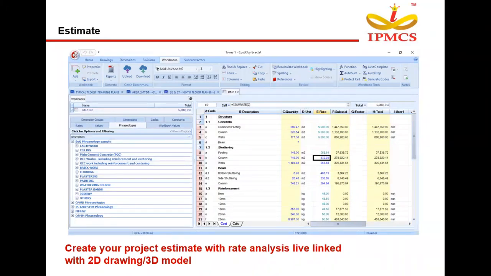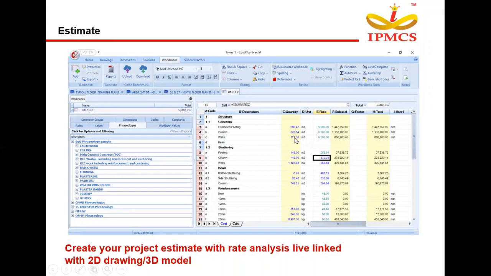And our project estimate in Costex is live linked with the drawing and rate files. Say a quantity inside the estimate is live linked with the 2D drawing, let it be a PDF or AutoCAD, or let it be a 3D model. It is live linked with our drawings or the model, which is the source for our quantity calculation. And the rates are linked with the master rate file of our project. This live linking is a unique and key feature in Costex, which cannot be achieved through conventional estimation working, like working with AutoCAD and Microsoft Excel. So this live linking will be a great benefit for an estimator to track their project in future also.